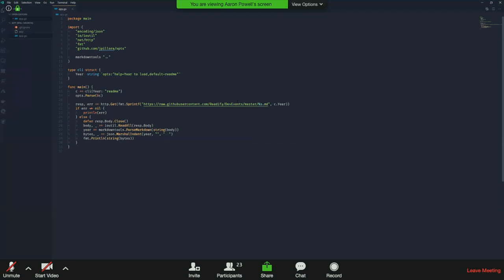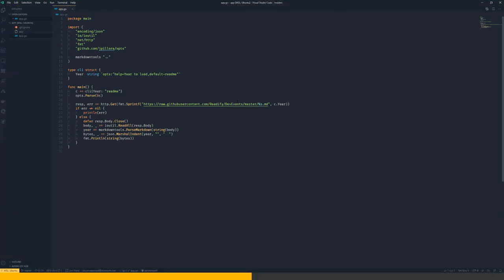But what I've done is I've created an application that pulls down a markdown file from a GitHub repo that contains a list of conferences that are happening in Australia. I then have a Golang module that I've written called Markdown Tools, which processes that file, extracts out the conferences from the other stuff that's there into a data structure that I use inside of my application. And this is a console application, so this will just dump it out to terminal. So let's have a look at that.